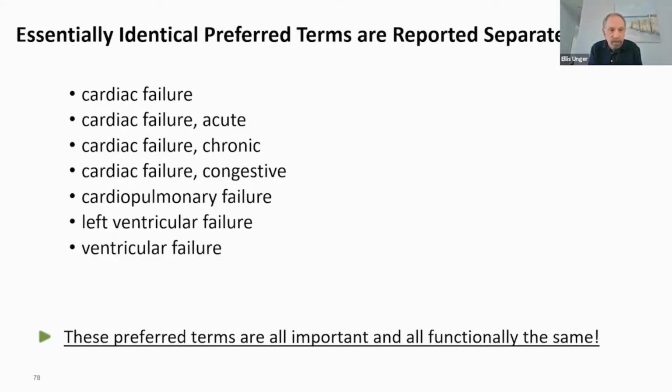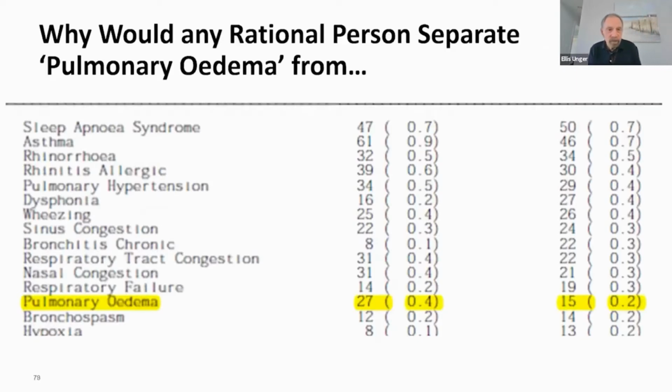Next slide. It's not only rather uninteresting and unimportant terms, but some really, really critical terms can be reported separately. Like, you always want to know if a drug causes heart failure. And yet all these terms, which all mean heart failure, they're functionally the same, they're separated, unless it happened to be an adverse event of special interest, or unless someone runs a standard MedDRA query on it. Next slide. And this is a real head scratcher.